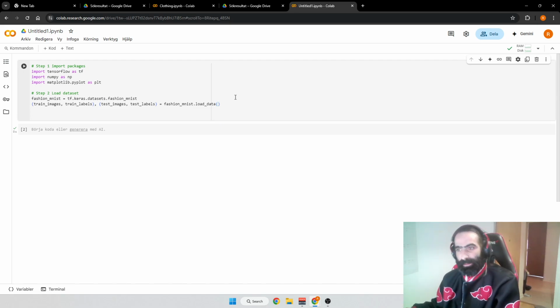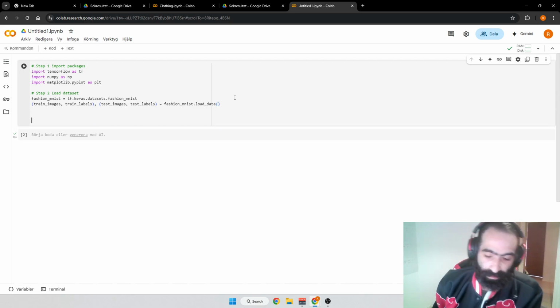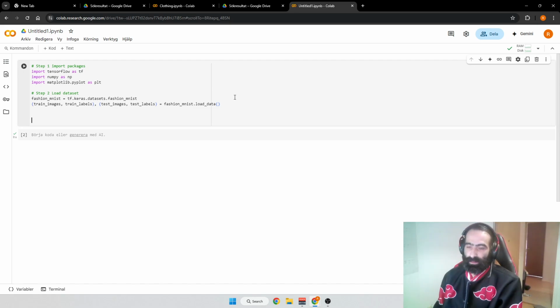Now this dataset comes with different clothing things, right? This is kind of an optional thing. You don't really have to define this, but I will do it anyway so that you see what type of clothing pictures are in this dataset. So I'll do class names equals, and I'll do it like that. And we have t-shirt slash top, and then